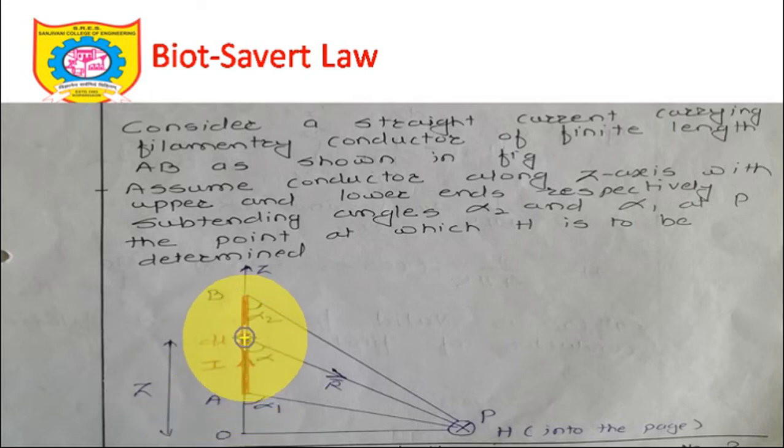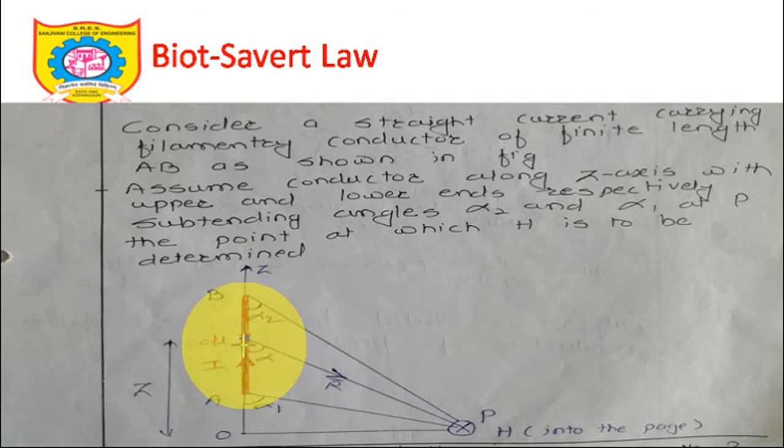So if we take this differential length of the current carrying conductor, and I want to calculate dH bar at this particular point P. We'll integrate it within the limits, don't worry about that. First of all, we will take a differential length dl, then integrate it within the limits of this line charge and find the H bar finally. So right now, look at this diagram and see how we are going to calculate dH bar. Consider this is a current carrying conductor carrying a current I.